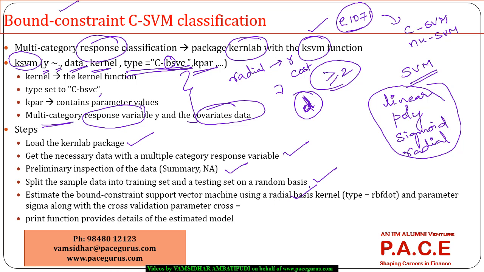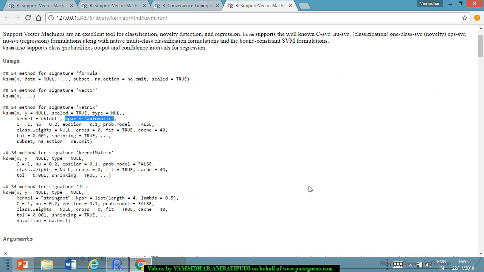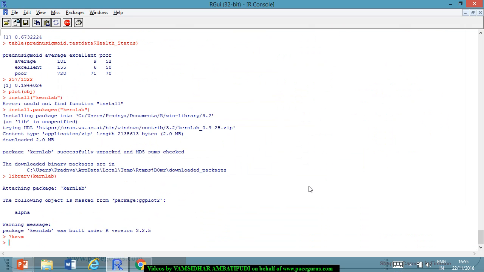Now we are going ahead with the bound constraint support vector machine using different kinds of kernels. Initially we can very well go with the default set itself, but after that we can start improvising the set of values. So let's start going with each of the kernels. Let me call it fit linear kernel. I'm using the ksvm method,